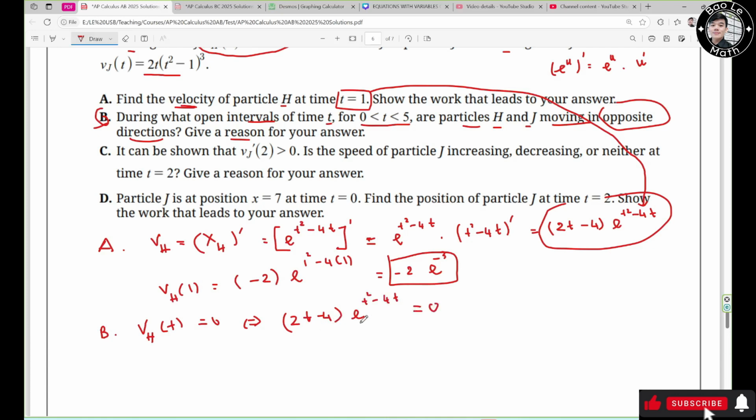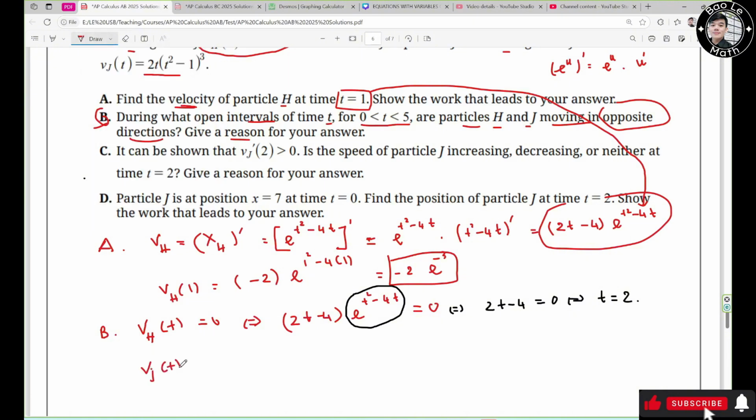Now this one is the zero product, right? So each of these must be equal to 0, right? But this one right here is always positive, right? So we only need 2t minus 4 equals 0, and then we solve it. So t equals 2, right? Now the second one,